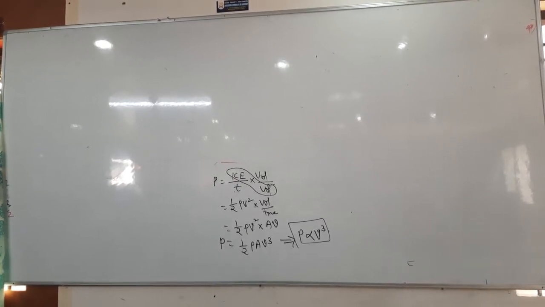A liquid of density 1200 kg per meter cube flowing steadily in a tube of varying cross section, full stop. The cross section at point A is 1 centimeter square,